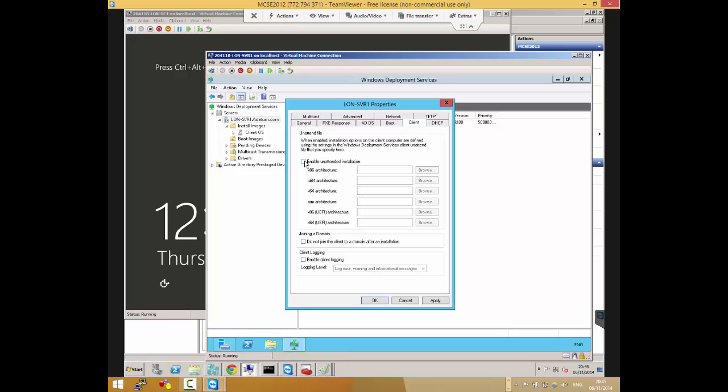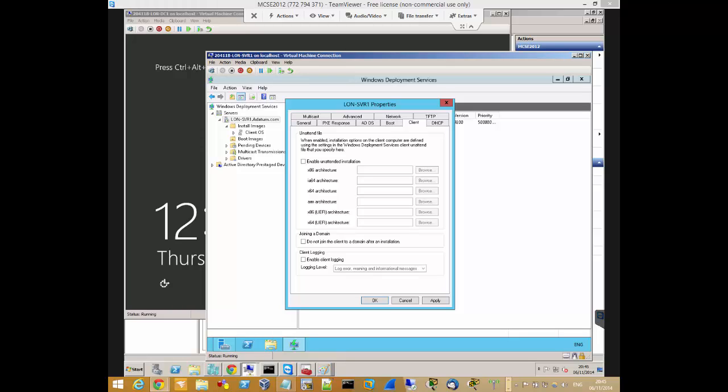An unattended file contains things like the language. You know all the questions that Windows asks you when it's installing, like which language and which keyboard do you want. You can configure them inside that unattended file, and then it just installs automatically, without you having to say I want English, because it uses the unattended file to answer all those questions.